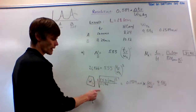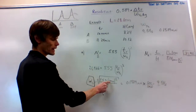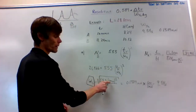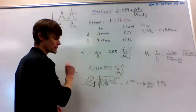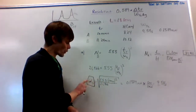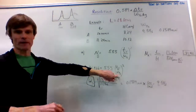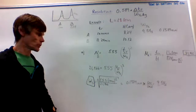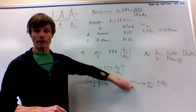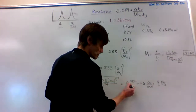I get the 5.55 divided by 21,966, and it's multiplied by TR, and that's squared. I kept that squared. The retention time is 10 minutes, and I take the square root of that to get rid of the square from the W of 1/2. Because remember, the square, it's the ratio of those two. And that gives me the width at half height, half max, and I have it in minutes,